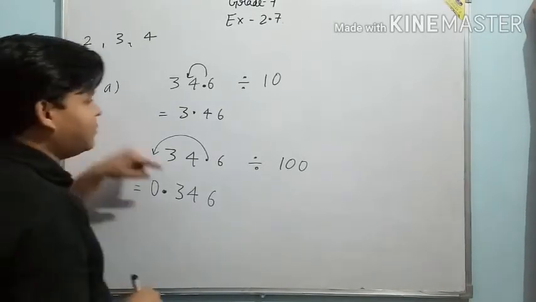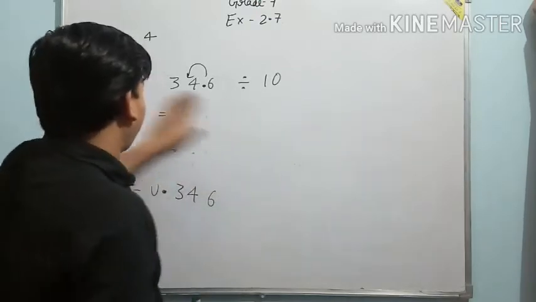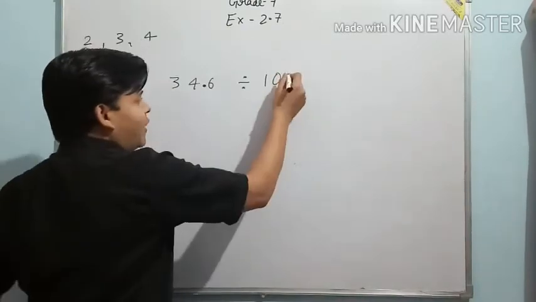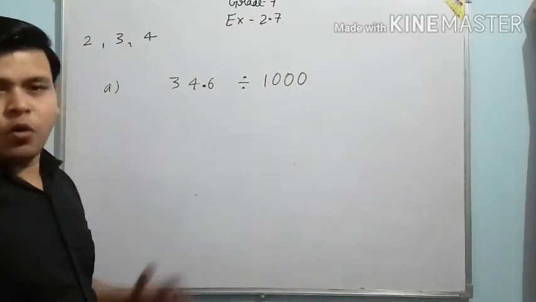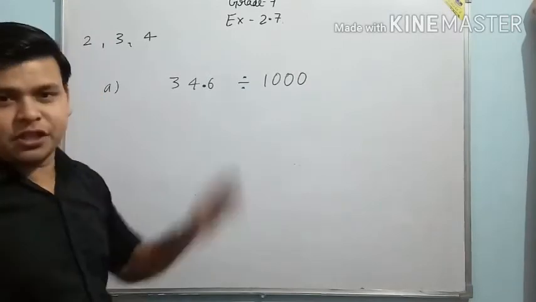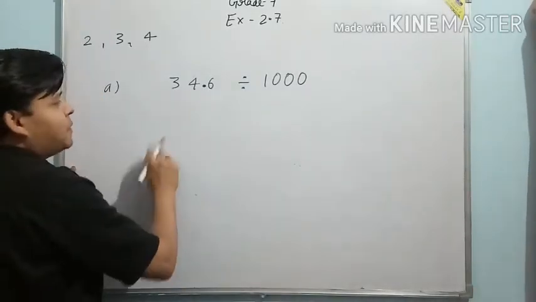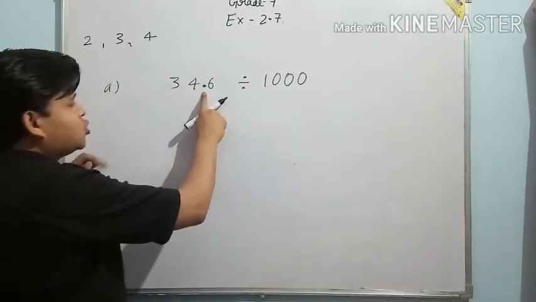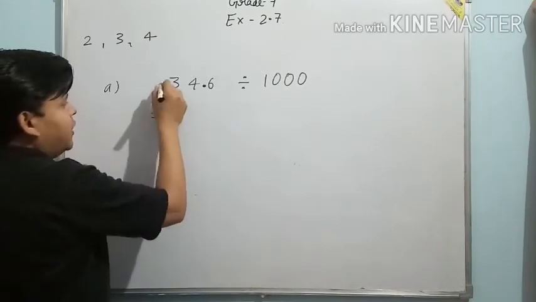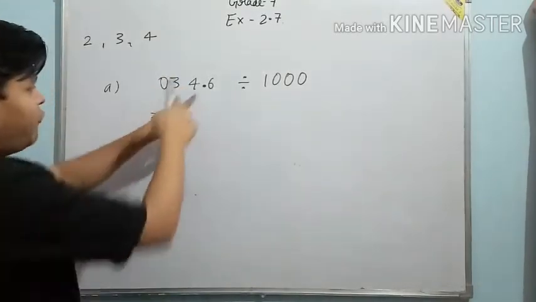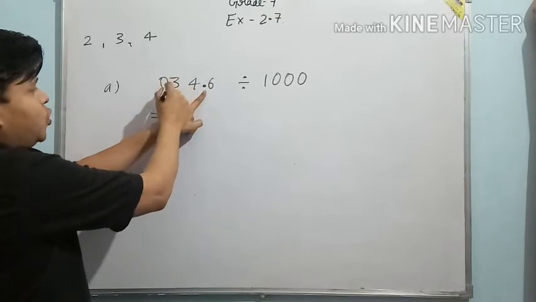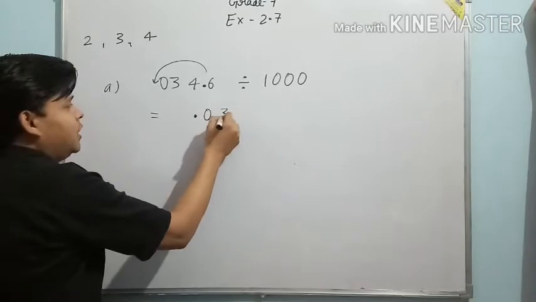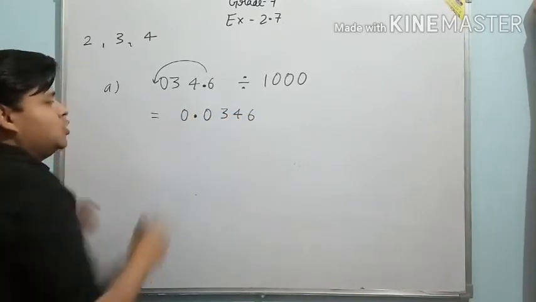Once again, now I am telling by 1000. Suppose the decimal is here and we are going to divide this number by 1000. Very simple, we have to shift the decimal by 3 digits to the left side. Right now the decimal is here, but after the decimal we have only 2 digits, 1 and 2. But we have to shift by 3 places, so we put one more zero here. Now from here 1, 2, 3. So the decimal will come here. That means decimal 0, 3, 4, 6 and 1 0 here.